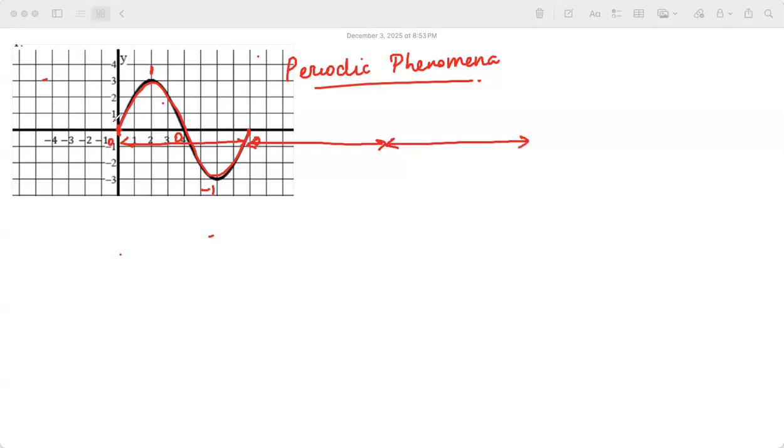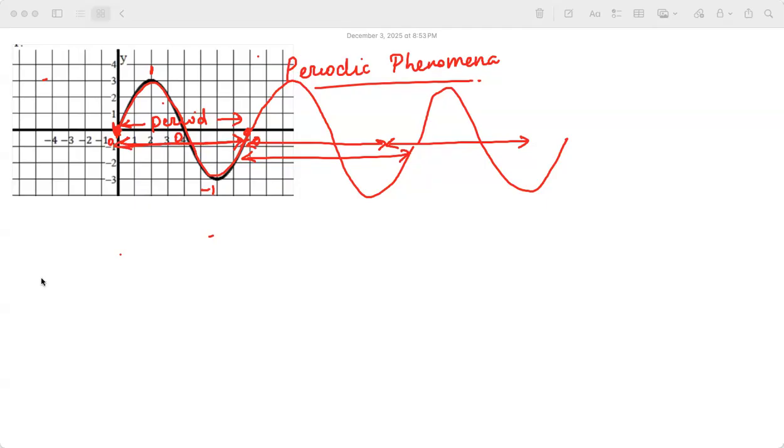So one cycle is wherever it comes back. See, it starts at 0 and then it comes back at 0. So that is called a period. This period keeps on repeating. So this graph is said to go like this. Again it repeats, so this is the same as this. Makes sense?